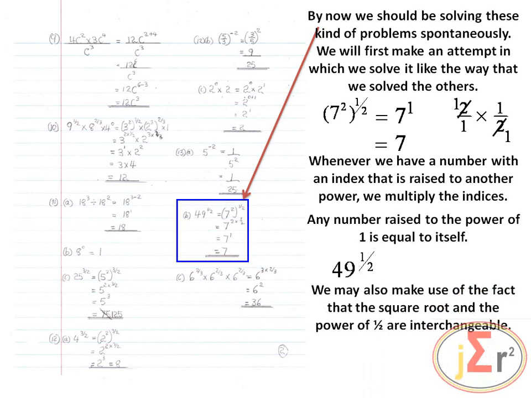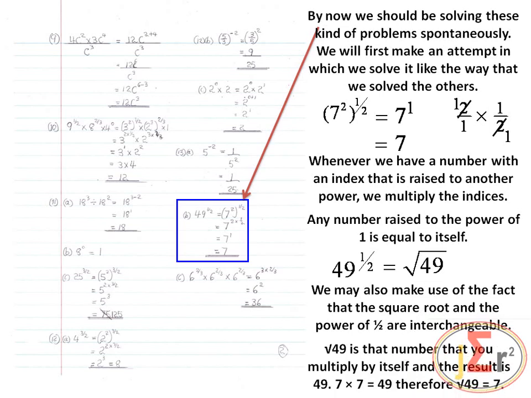We may also make use of the fact that the square root and the power of a half are interchangeable. So we may replace the power of a half with the square root. And what do we mean by the square root of 49? The square root of 49 is that number that you multiply by itself, and the result is 49. What number do we multiply by itself and the result is 49? Maybe a better question to ask,